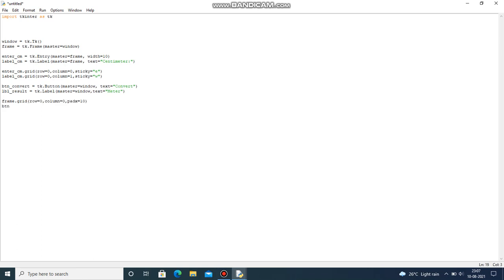Okay, now for btn convert dot grid, row equal to 0, column equal to 1, pady equal to 10. Okay, so now let's give lbl result dot grid, row equal to 0, column equal to 2, and the padx is 10 itself. Okay, in the x direction there will be a padding.